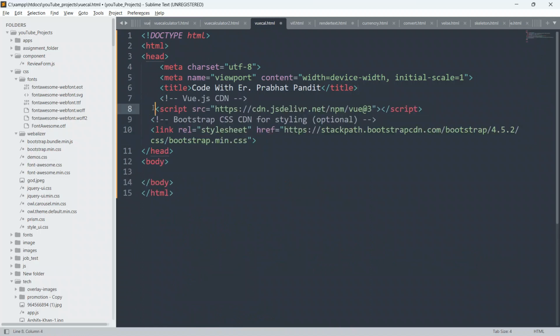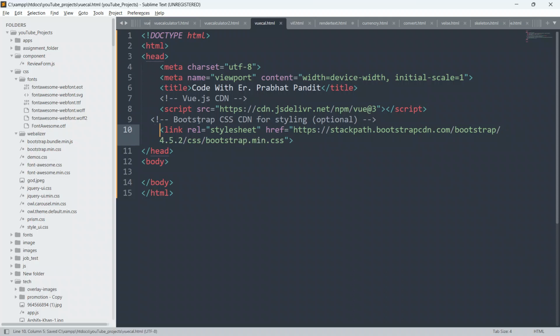I'll explain them also, don't worry. So guys, here you can see this is the CDN link for Vue.js 3. You can see here Vue@3, and guys, this is the CDN link for Font Awesome. And as you can see here, this one is for Bootstrap, bootstrap.min.css.